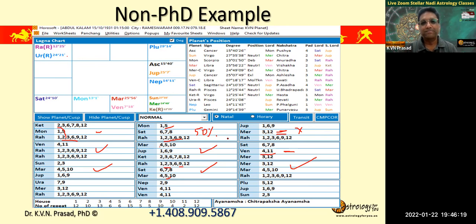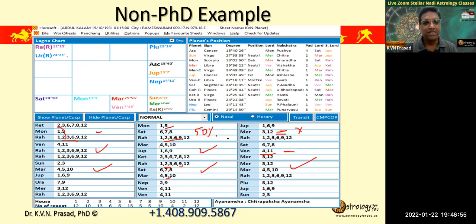Sir, for honorary PhDs, do we need to see the 10th house combination? I didn't go that far, because I came up with this formula and then started applying it. The example I took is Abdul Kalam and these people, and I saw how it works. It worked so beautifully, and I was so happy. My formula is perfect, or close to perfect.